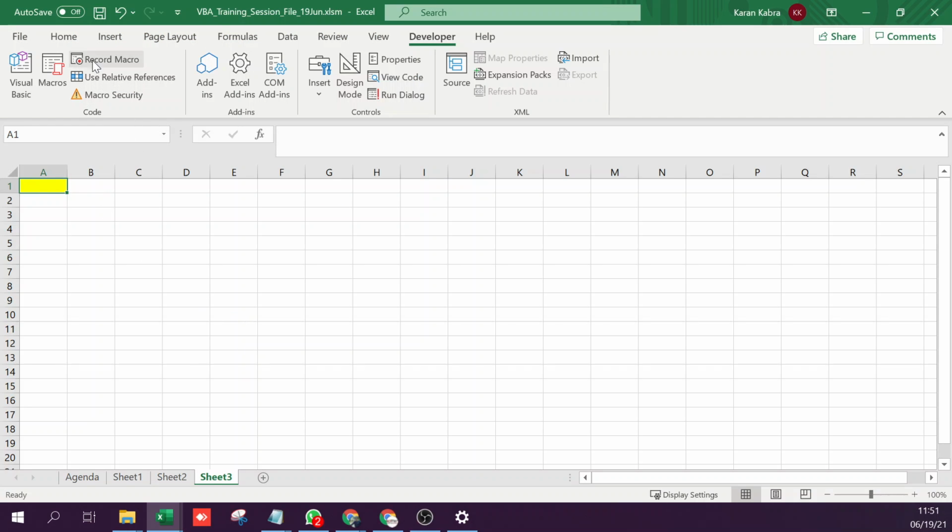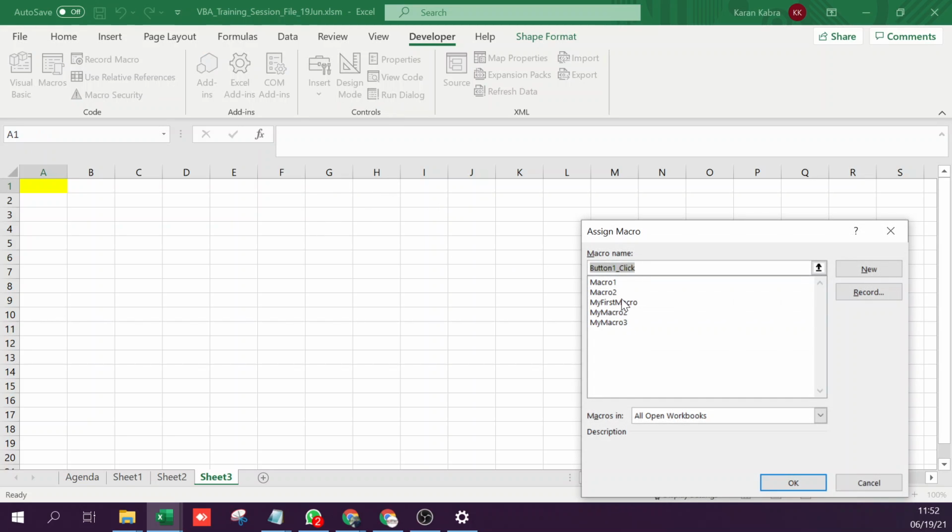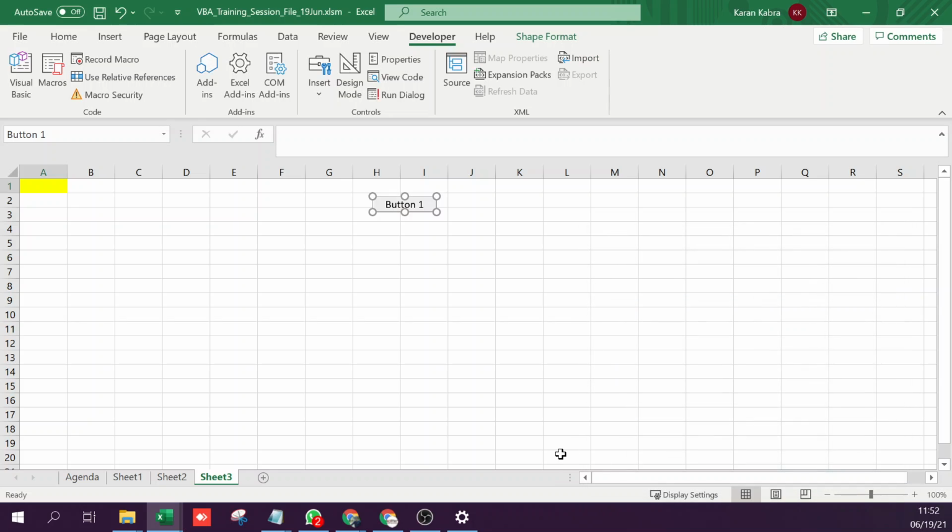So let me insert a button to showcase it better. Macro 2. Yeah, to answer the question of can we make the range dynamic? Yes, we can make the range dynamic. We can insert numbers. I'll be covering this in the next part of the session. Don't worry.